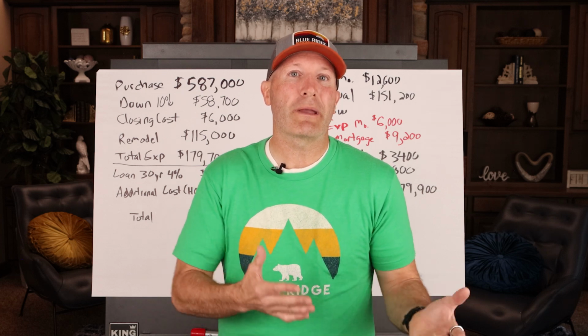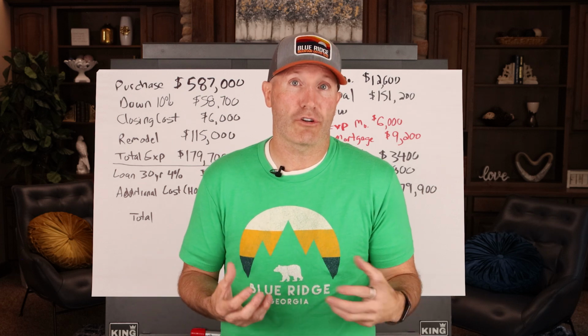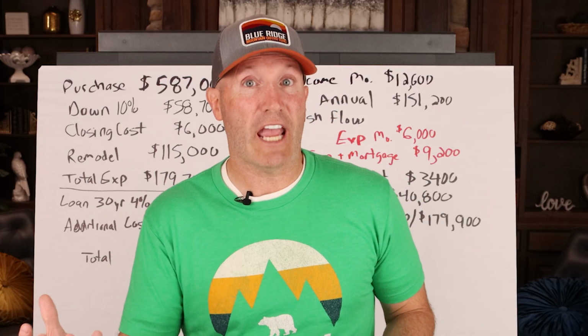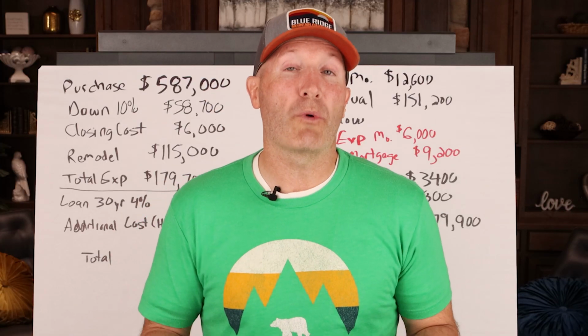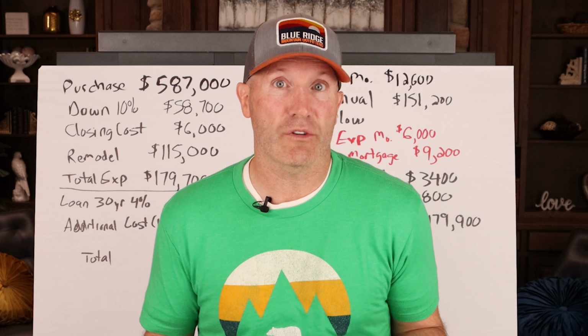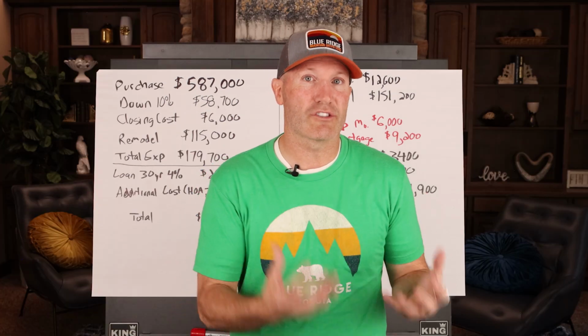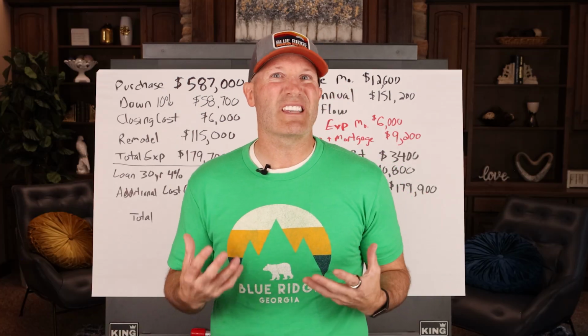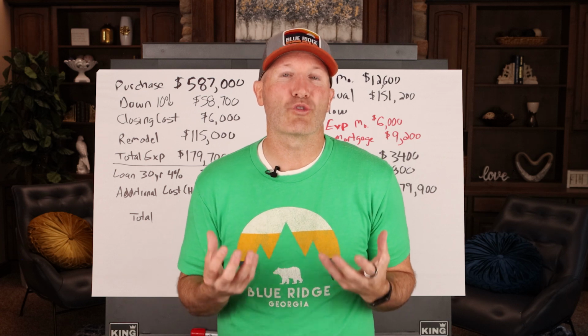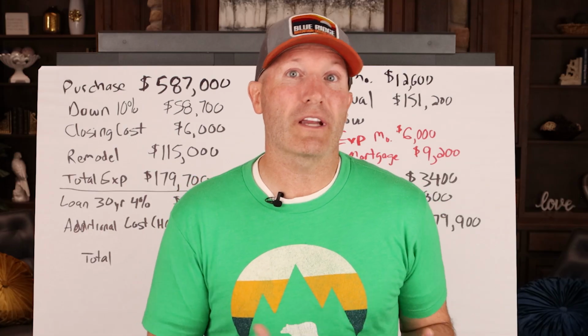Every single year, you're making 22.7% cash on cash return. So the cash you outlaid and the return on the cash you're getting every year is 22.7%. That's a phenomenal cash on cash return. There's not many places, whether it's in the stock market or in other investments, where you're going to see that type of return. That's one of the reasons I love short-term rentals, but this is a surefire way to calculate